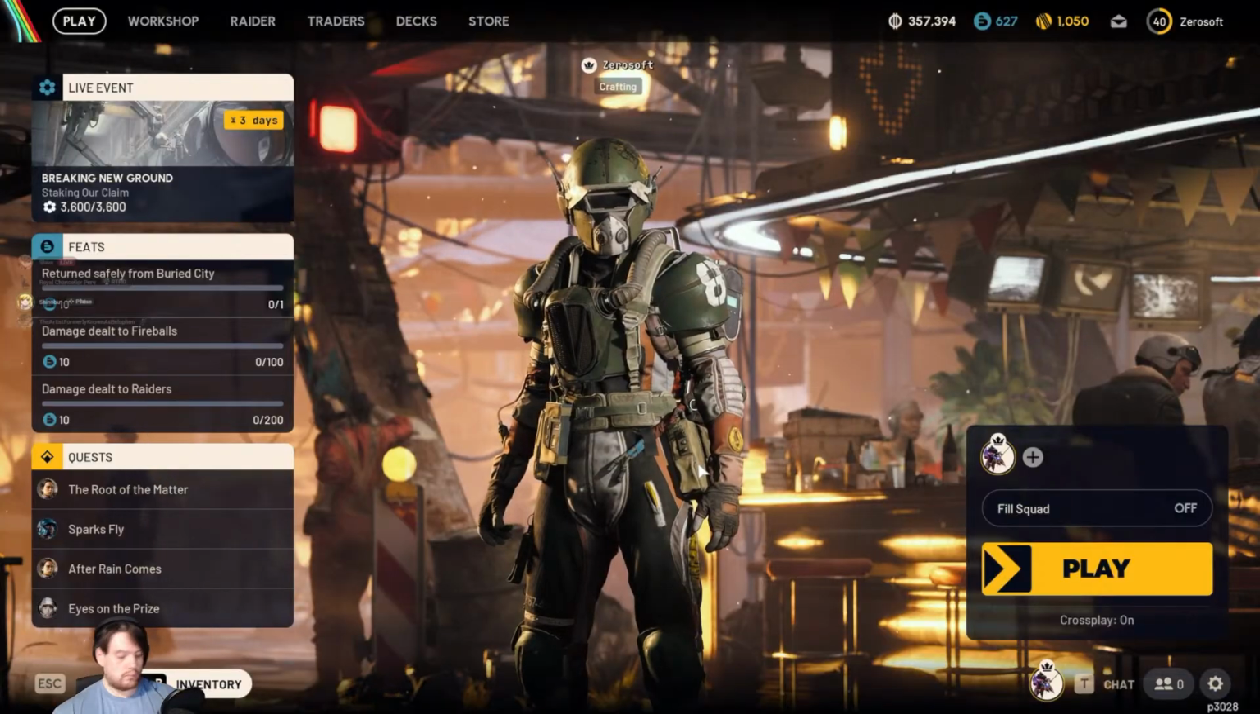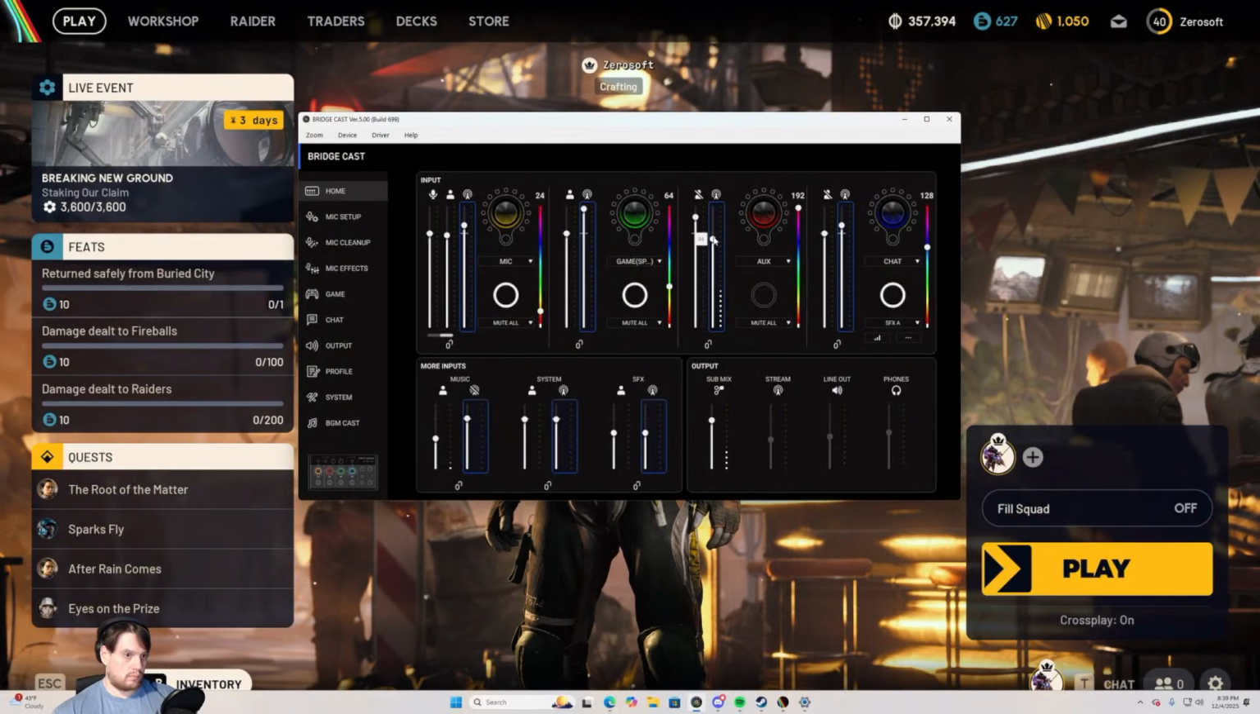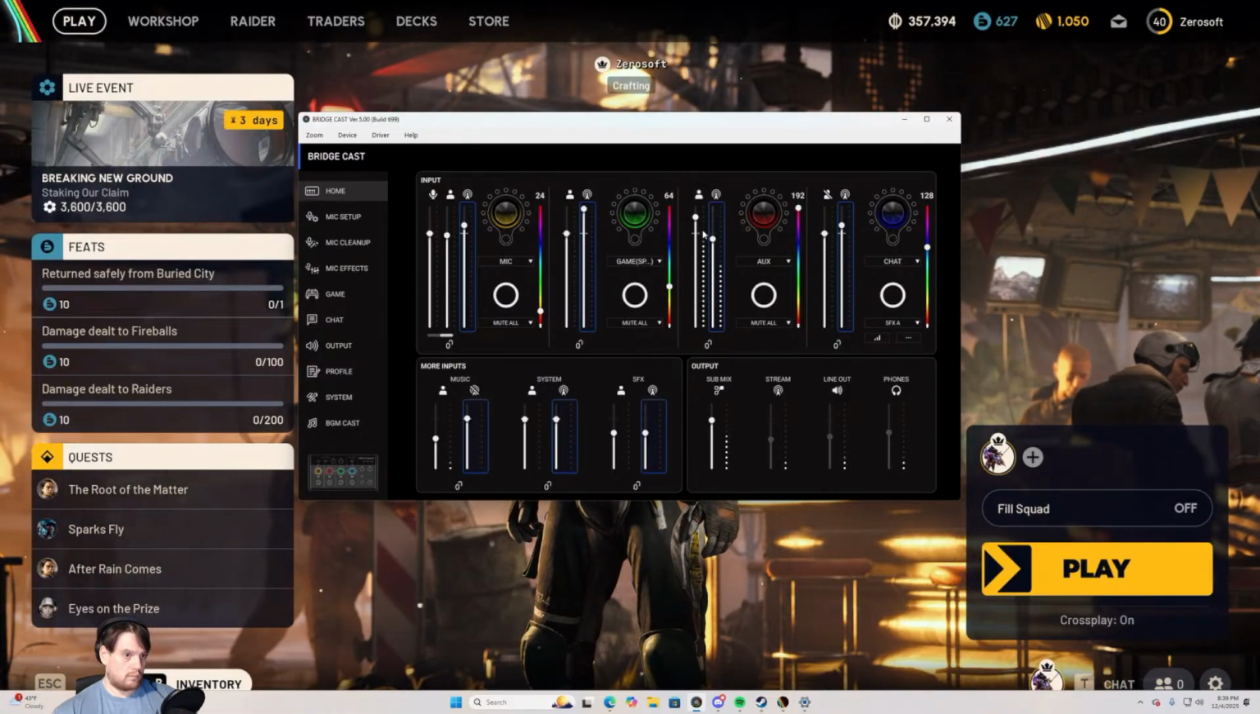We'll do this exact same process again for Discord, and now as you can see we have 4 audio sources: game, Discord, music or Chrome, and most important,